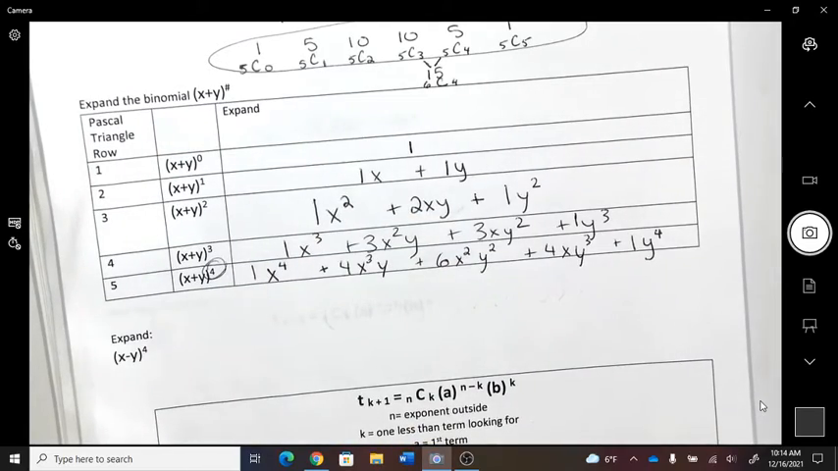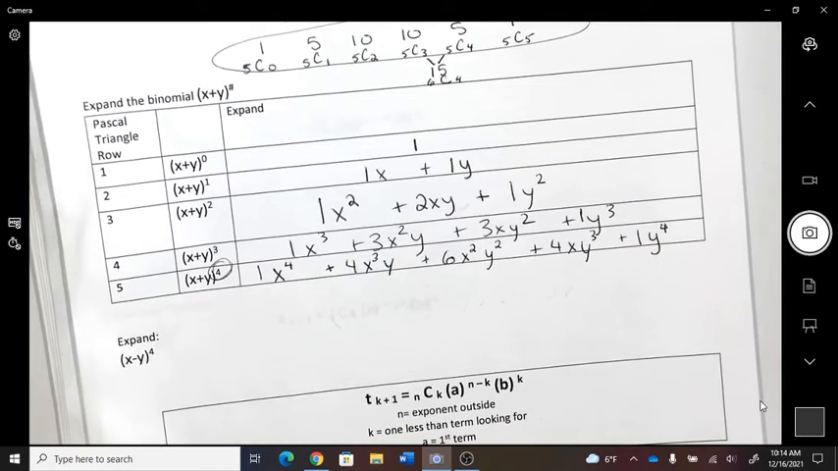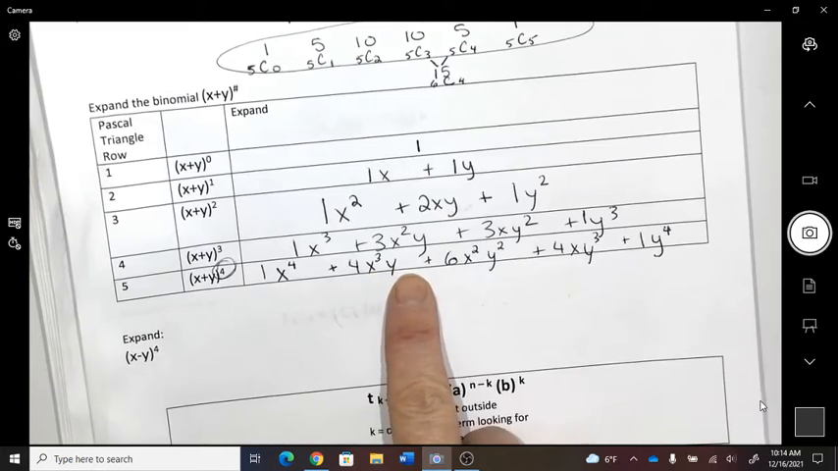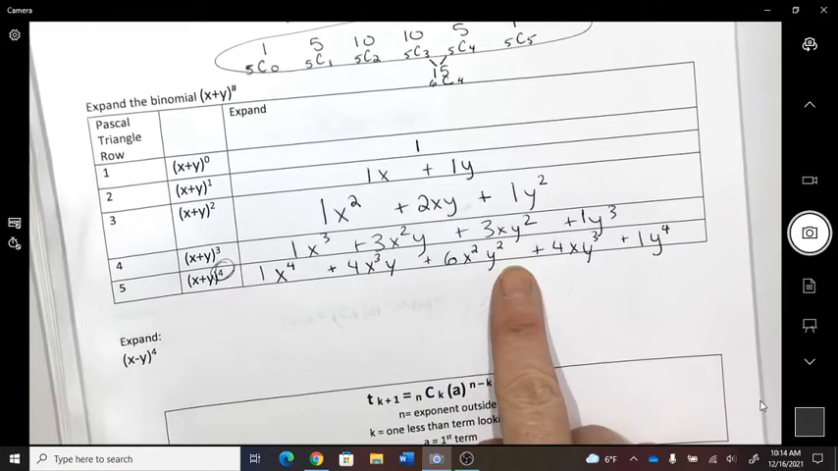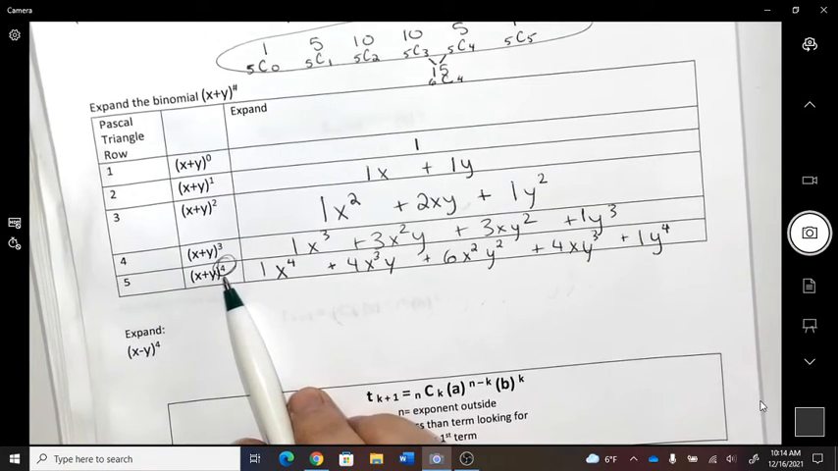That has an exponent of 4. Do you see how every term the exponents would add to 4? This just has a 4. This has an exponent 3 and 1. That adds to 4. A 2 and a 2 adds to 4. And here's another thing. If this has an exponent 4,